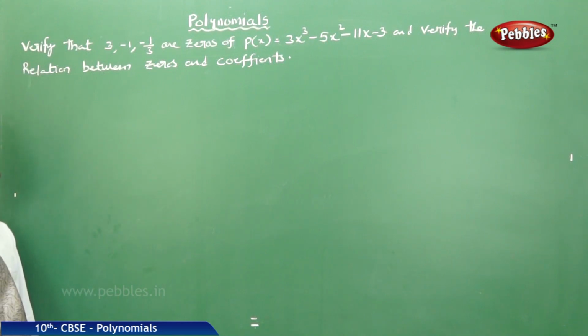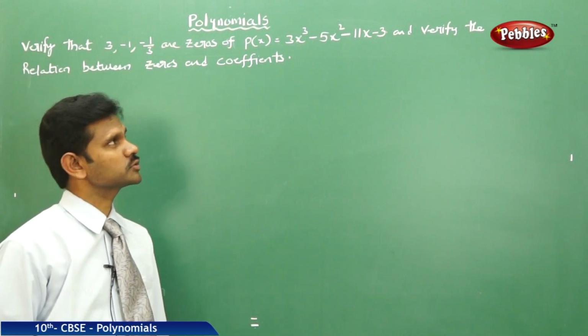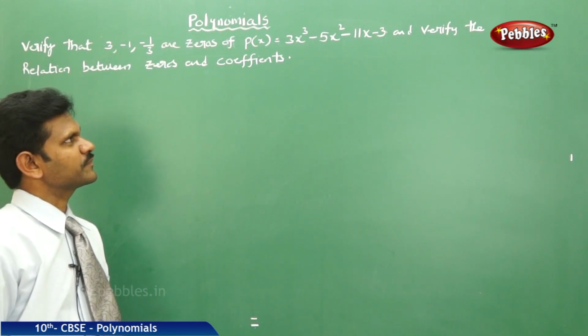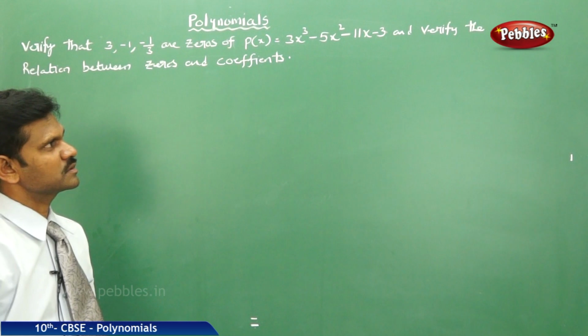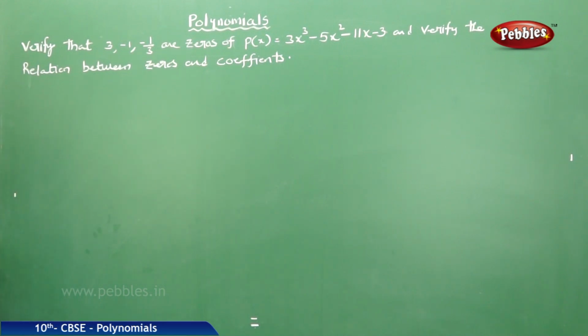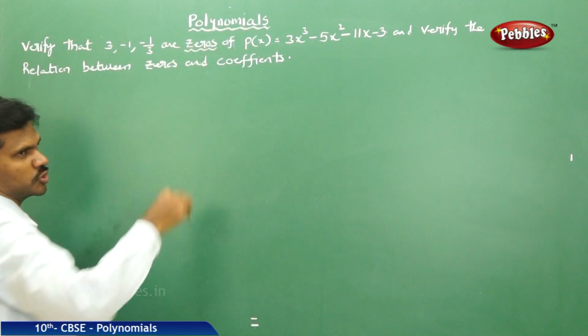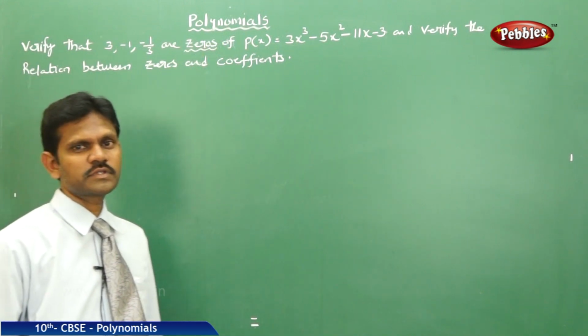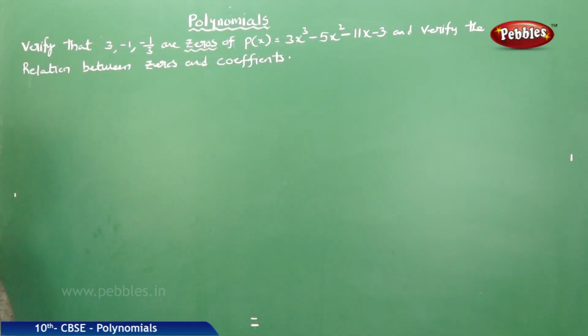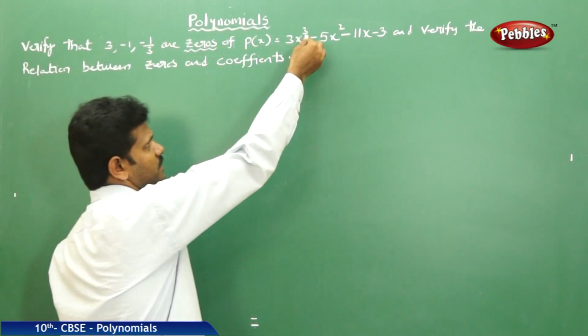Verify that 3, minus 1, and minus 1 by 3 are the zeros of p of x is equal to 3x cube minus 5x square minus 11x minus 3, and verify the relation between zeros and the coefficients. Before going to solve this question, we should know what the zeros mean. Zeros are nothing but the solutions, and the highest degree is 3, so it is a